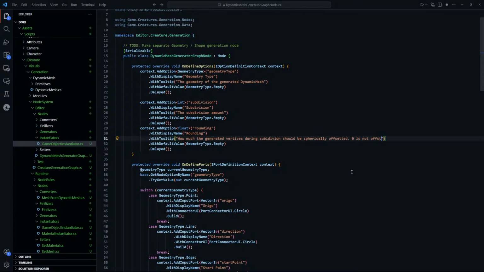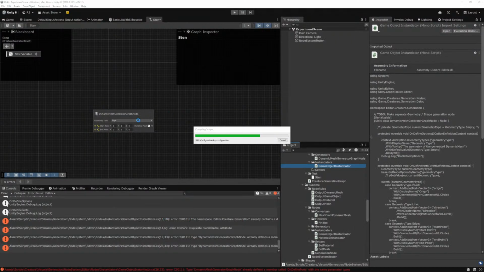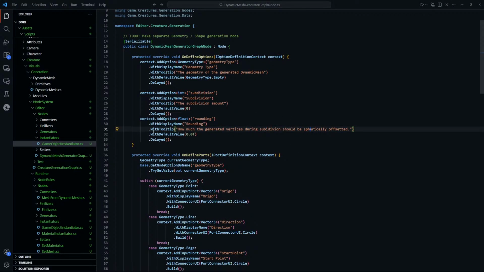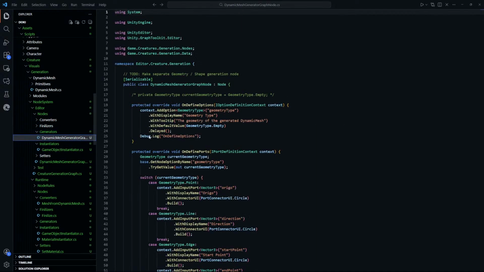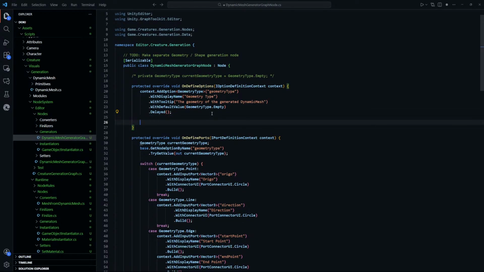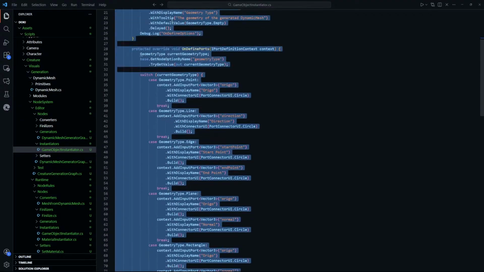0 is no offset. We don't need that one. Let's just begin with this. And with default value, subdivision is going to have a default value of 0, and rounding is going to have a default value of 0. Yes. I fucked up. It's this one where we want this. While over here, we just want to take